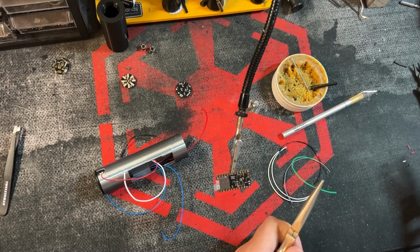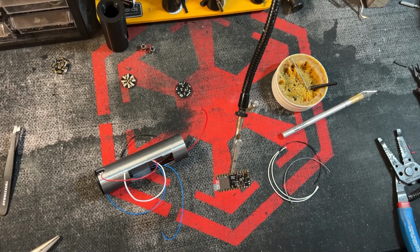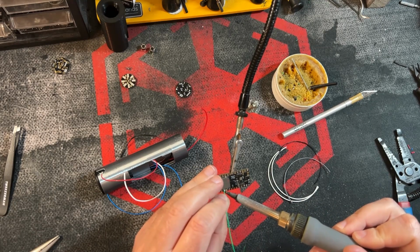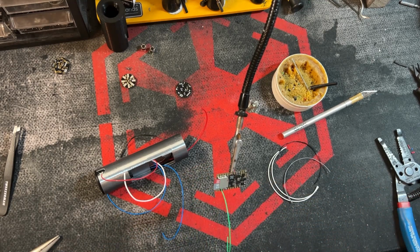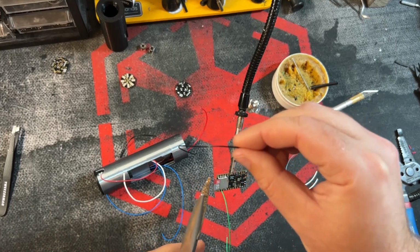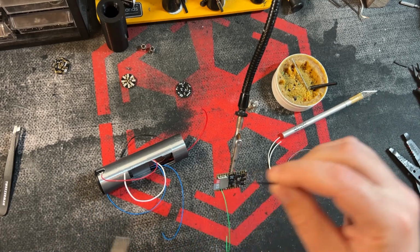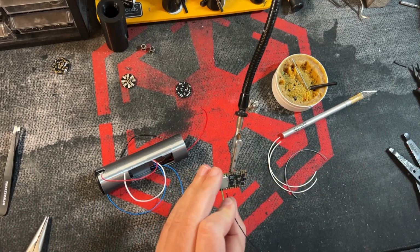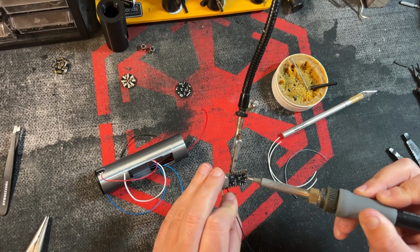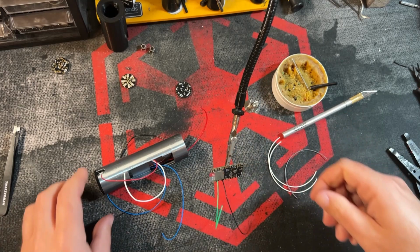So starting with the green wire, I'm going to cut a little bit off and strip, and that is going to the data line 1, going through the hole. Next is the common ground wire. Grip and strip. Through the hole again. Okay. Now when I